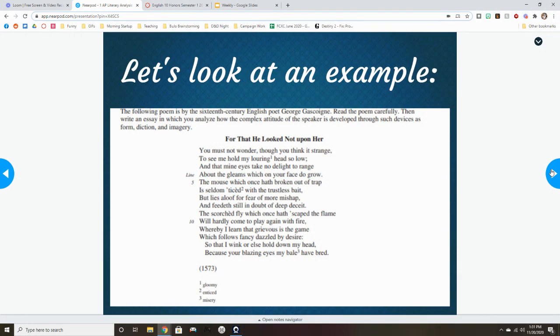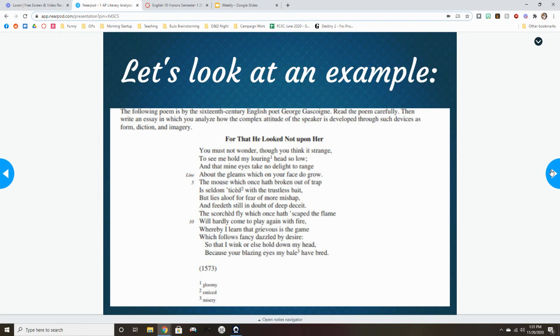For that he looked not upon her. You must not wonder, though you think it strange, to see me hold my lowering head so low, and that mine eyes take no delight to range about the gleams which on your face do grow. The mouse, which once hath broken out of trap, is seldom ticed with the trustless bait, but lies aloof for fear of more mishap, and feedeth still in doubt of deep deceit.